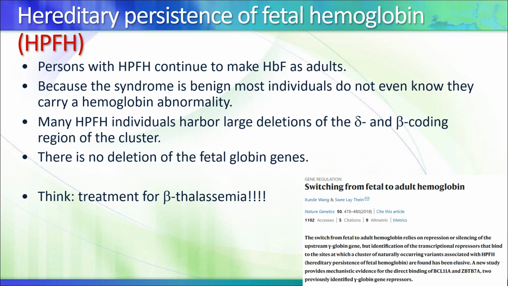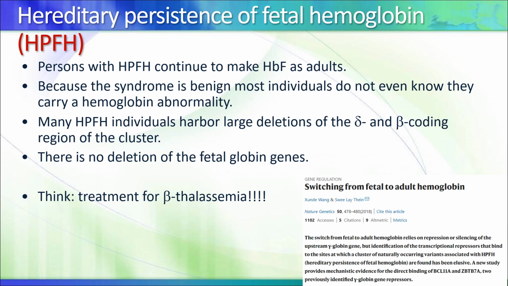Now, the final condition is known as hereditary persistence of fetal hemoglobin. In this case, these individuals have an abnormality in not transitioning from gamma to beta during development. Okay? That would result in individuals producing HbF throughout their life. These individuals do not know that they have an abnormality whatsoever because HbF is still functional and it's good. Yes, HbF can bind to oxygen with higher affinity than HbA, but that doesn't really give an advantage to